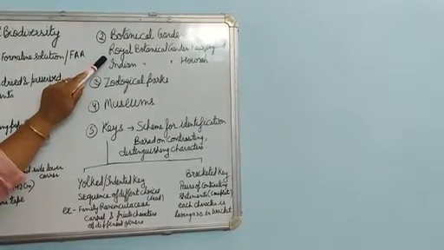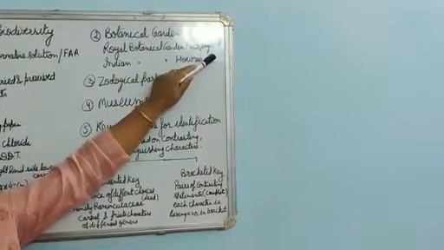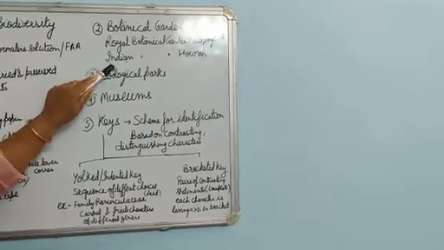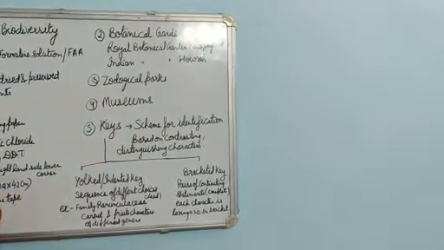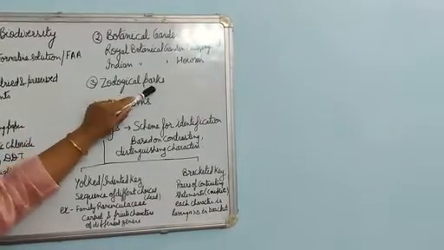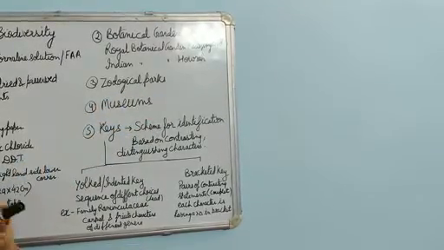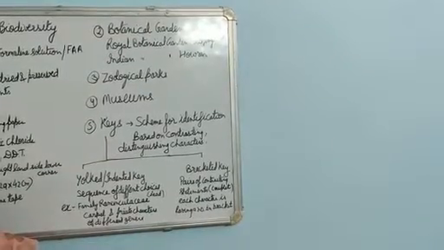The world's largest botanical garden is the Royal Botanical Garden in Kew, in England. In India, we have many botanical gardens, like the Indian Botanical Garden, Howrah. In Lucknow, we also have a botanical garden, and in the same way, there are certain zoological parks also. Zoos, you know about. Here, different varieties of animals are kept. You can easily study their features.